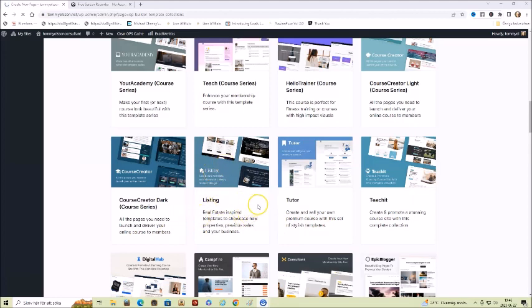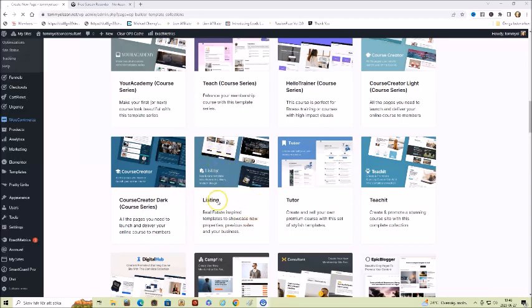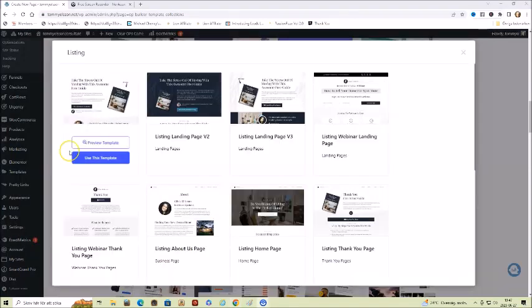And what is great about this builder is that you don't need to have any knowledge about coding or such. For different web pages, you can choose which theme you want to be using, and I click the blue button where it says view collection. And if you want to use, for instance, this page, you can click on use this page, or if you want to preview the template, you can do so, but I'm gonna choose use this template.